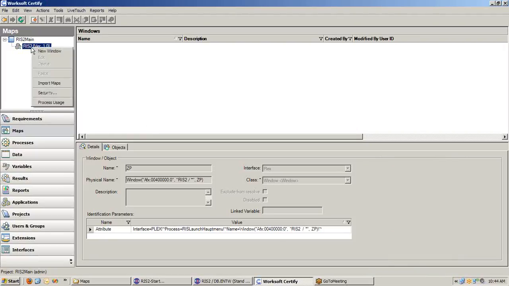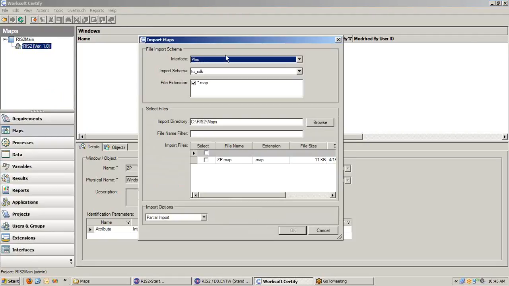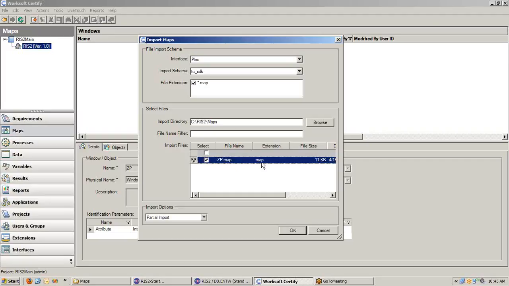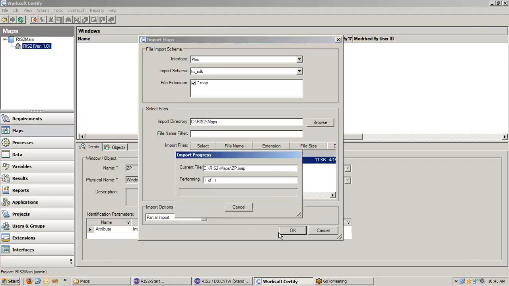Once you're ready to import the map, right-click on the application, select Import Maps. Make sure that the interface listed is Plex and that the import directory points where you saved the map. Select the map you just saved,